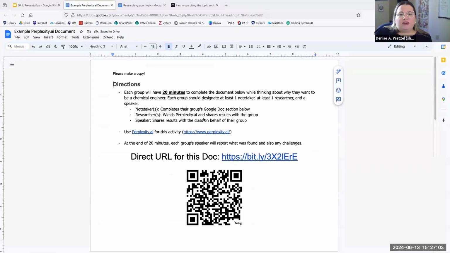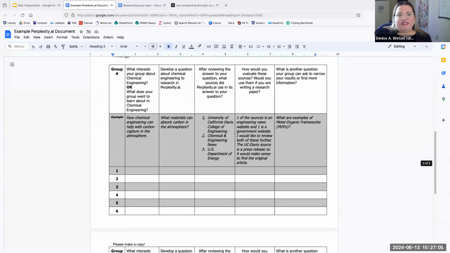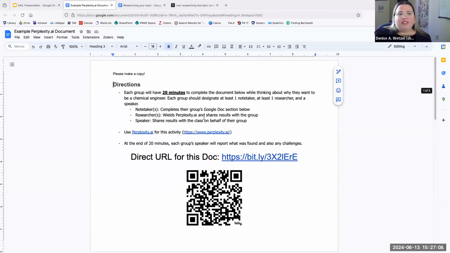And so what we see here is the directions of how this will work. First off, I will have a class, and usually when I'm thinking about this, these are classes of students that want to become chemical engineers, but they're still early, still figuring out what they want to do. So I will ask the students to group, and then depending on how many students are in my groups, if it's a smaller group of 3, then we could have a note taker, a researcher, and a speaker. If we are in groups that are larger than that,